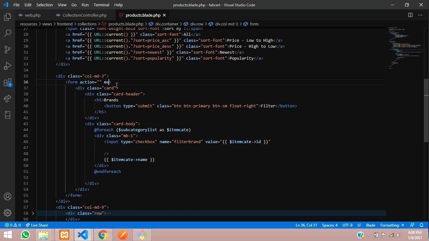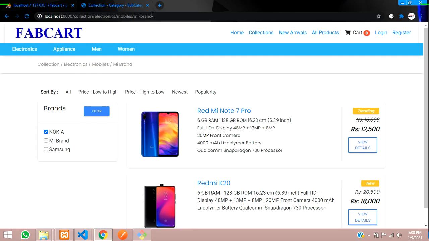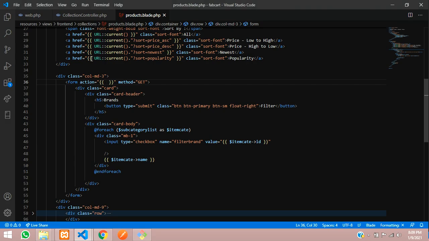And then use the method get, and from here you are going to get the current URL. Okay, so I don't want to change and go to some other page and view it. So I want this current URL, full URL. So what we have to do, just take this current URL function and display it in this format. So this will give you the current URL of your page.